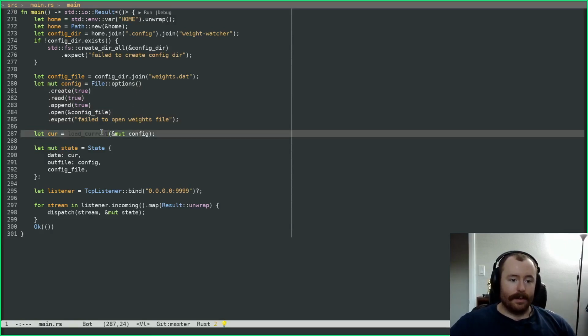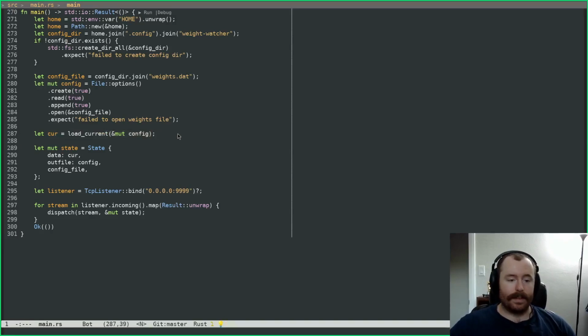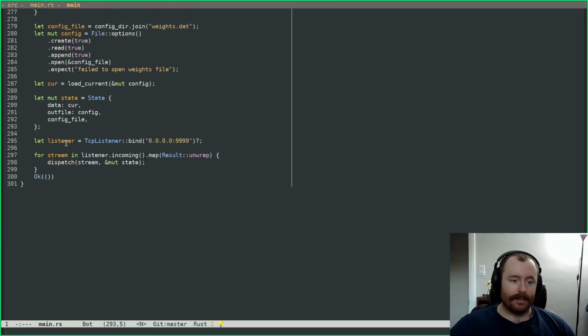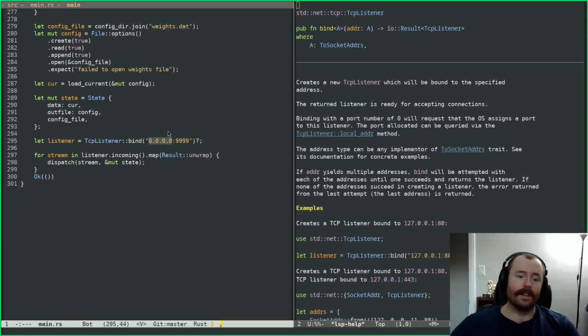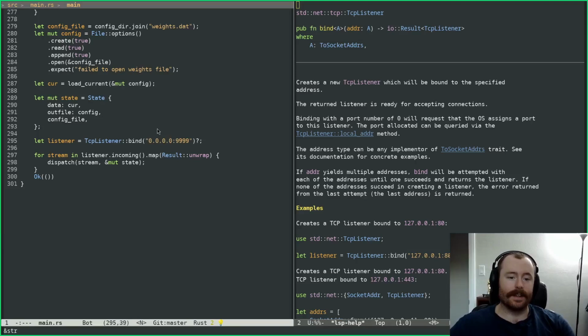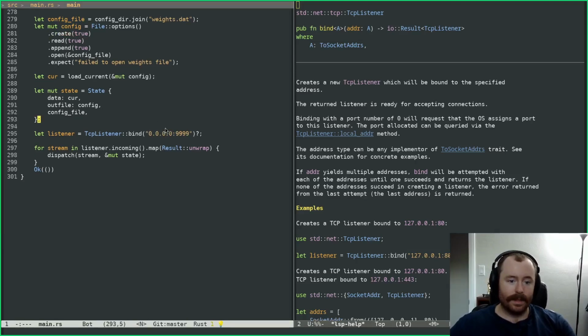And then let's see, I load the current list of dates and weights into a vector, and then I create this state app. And then the really interesting part is we just start listening to a TCP connection, or I guess a TCP socket, right? We use TCP listener, and when I first started out, I was using 127.0.0.1 to listen on localhost, but I switched this to 0.0.0.0 so that I could connect to it on my phone. And that's really all we do. That's how we bind to the port. I just picked 9999,